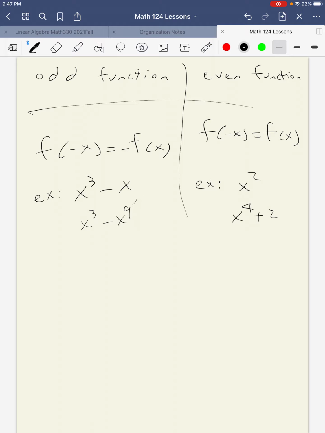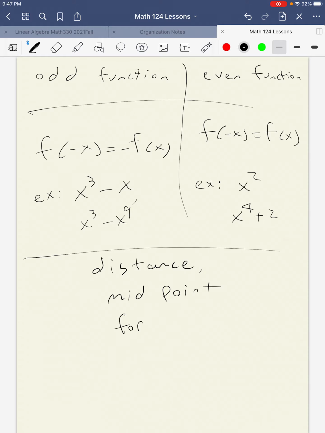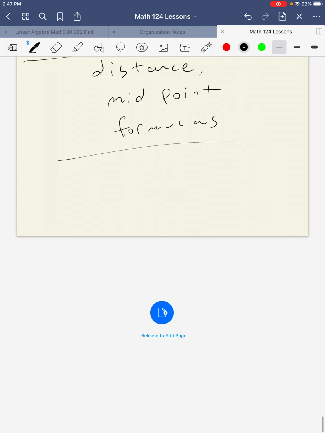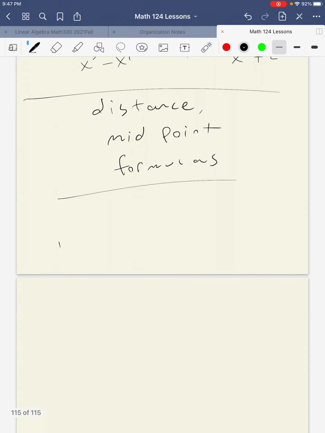Another thing we should know, this goes way back, the distance formula. And that was one of the first lessons. Distance and midpoint formulas. So remember those ones. I'm going to do a quick example. Let's say the distance between, I don't know, 1, 2, and 3, 4